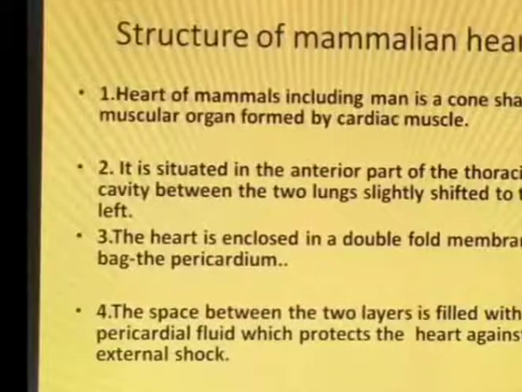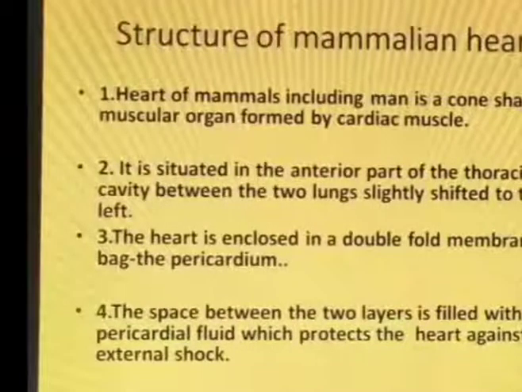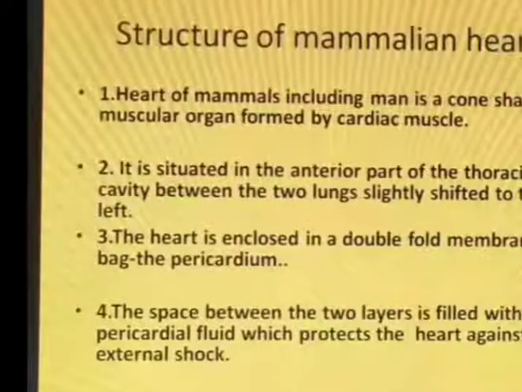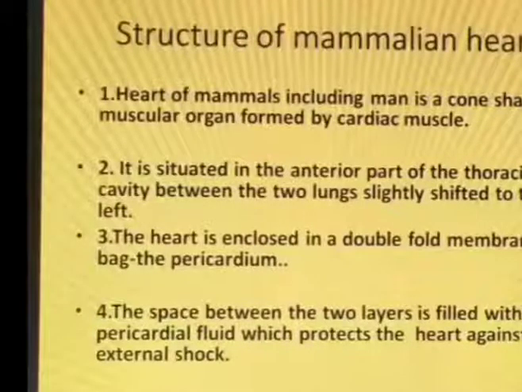It is situated in the anterior part of the thoracic cavity between the two lungs, slightly shifted to the left. The heart is enclosed in a double-fold membranous bag called the pericardium. The space between the two layers of the pericardium is filled with pericardial fluid which protects the heart against external